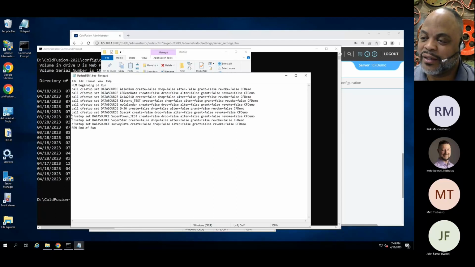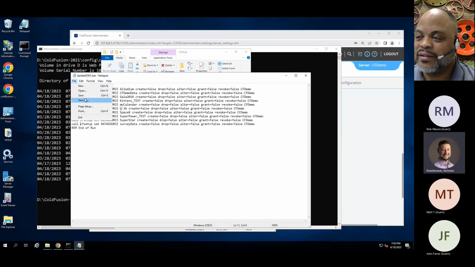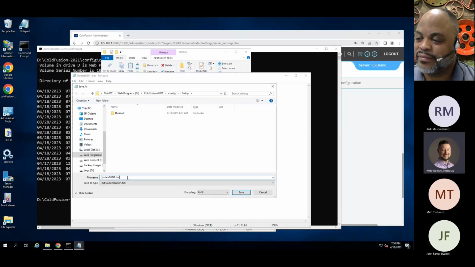You know what I think I had the last time, where I cleaned everything up. I think I had CFSetup.bat, but that shouldn't matter. Wouldn't work either because it's